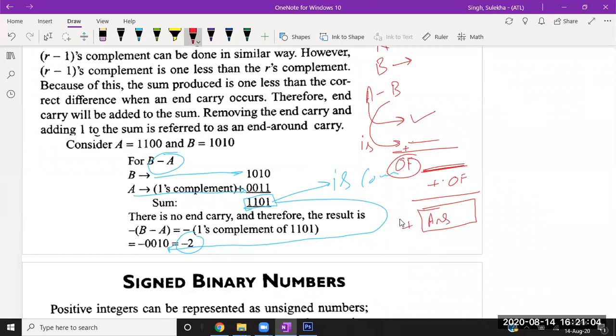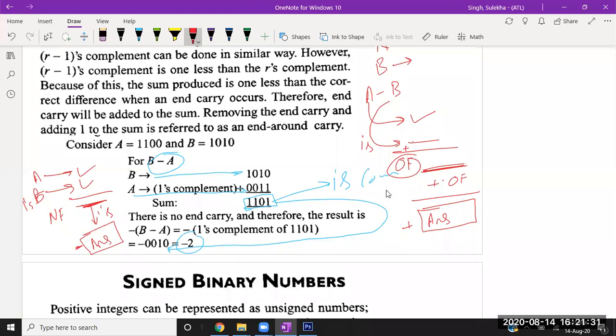with the positive sign. Okay, in the second case, if I'm writing a as it is, and writing one's complement of b and adding them, if I get a number with no overflow, I need to take one's complement of that number, and whatever that one's complement is, that is your answer with a negative sign.